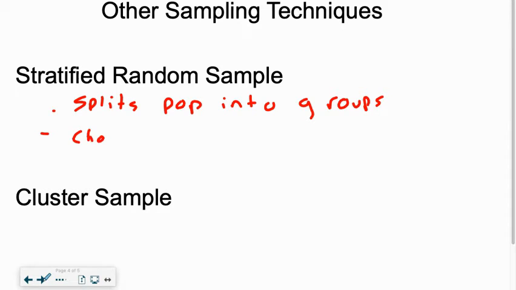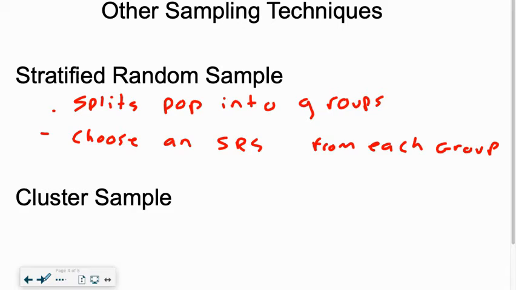Other sampling techniques, we have the stratified random sample. This splits the population into groups, and then we choose a simple random sample from each group. So an example of this would be like the classes, splitting into groups, so freshmen, sophomores, juniors, seniors. And then I chose a simple random sample of 30 freshmen, 30 sophomores, 30 juniors, and 30 seniors to represent